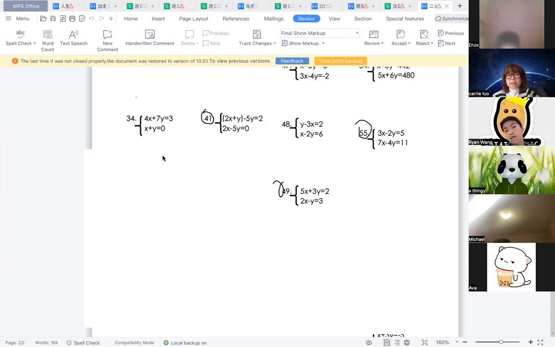Okay, so everybody, let's take a look at this one. The first question, I'm going to help you a little bit. You need to take the bracket out. So 2x plus y minus 5y equals 2. This one we can change to 2x minus 4y equals 2, right? And the second one is 2x minus 5y equals 0. Correct, everybody? Do you have this one in common? Okay, so after that,